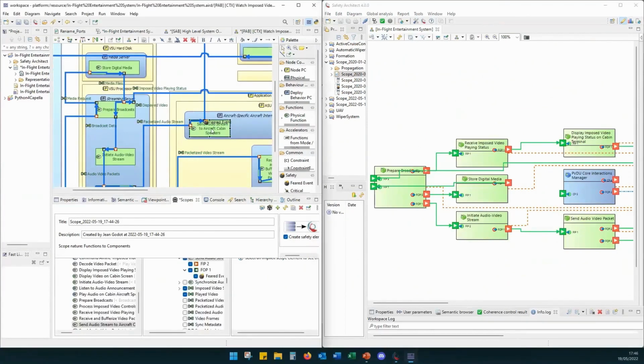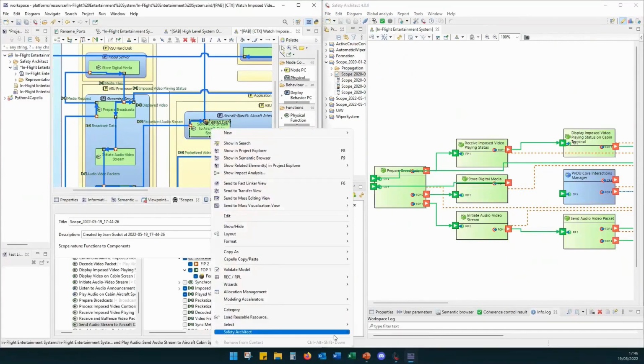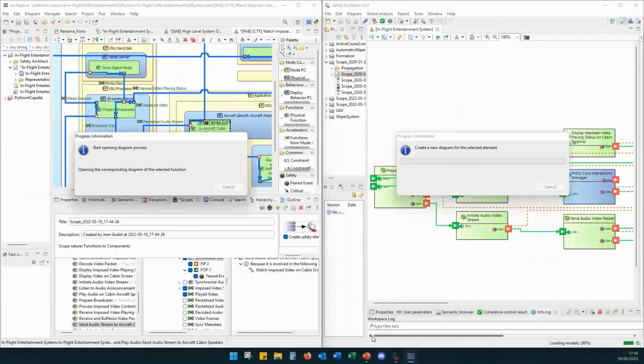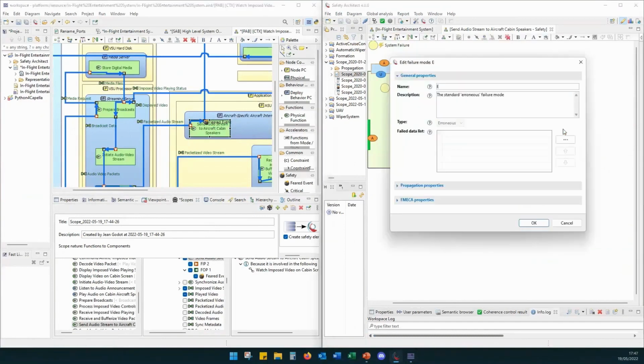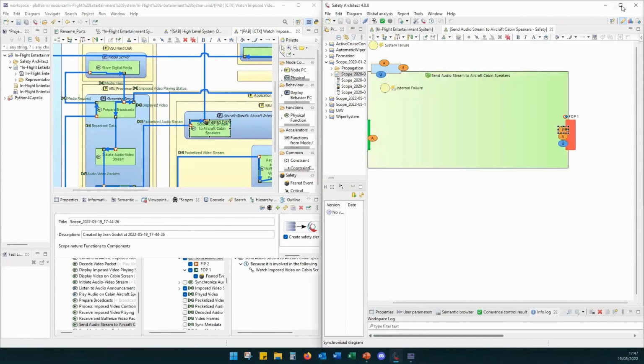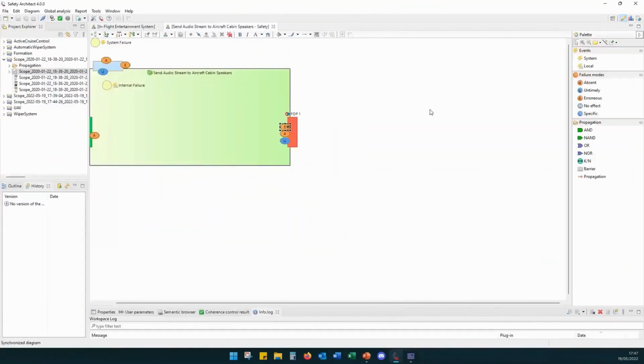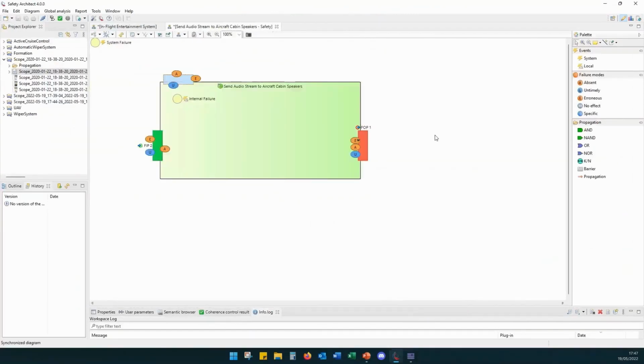Simply right-click on an item, Safety Architect, open a relevant diagram, and in Safety Architect, it opens the corresponding view to conduct the local safety analysis of this item. In this case, of this function. Here we can see the feared event logo, hazard logo. And again, we can see here the feared event that we added in Capella. And now we can perform the local safety analysis. So I'm not going to perform all the local safety analysis, but just for the demo, I'm going to add a bit of information.